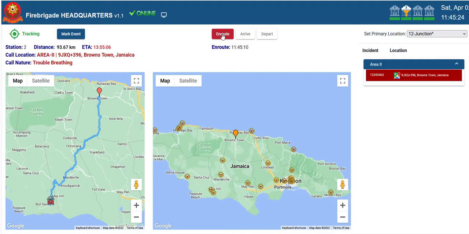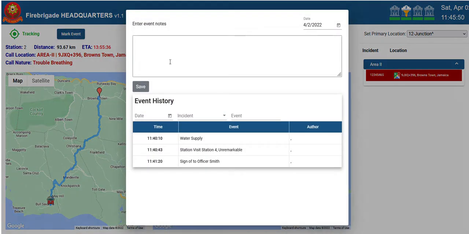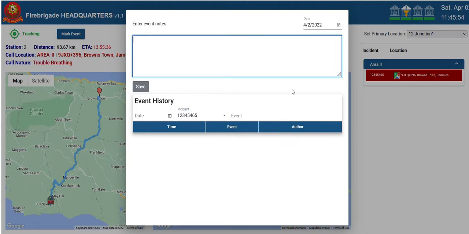So he's got himself en route at 11:45:10, and he's expecting an arrival at 13:55. So we're going to continue with this. And now when the firefighter arrives, just before he gets out of the vehicle, he marks that as arrived. Dispatch is seeing this at the same time that he's there, and then he goes ahead and conducts his daily event. Now what he would do in this case, he's now going to mark this event. So the incident that he's on is this one, and now we're going to go ahead and